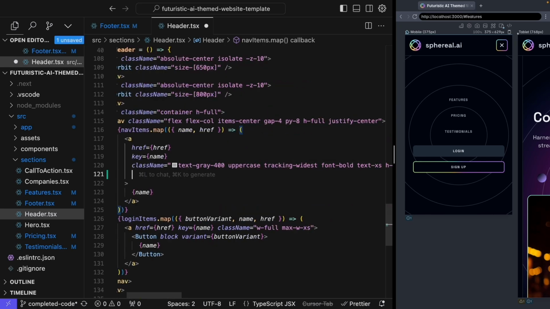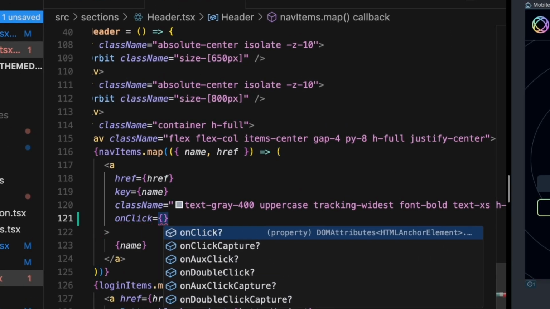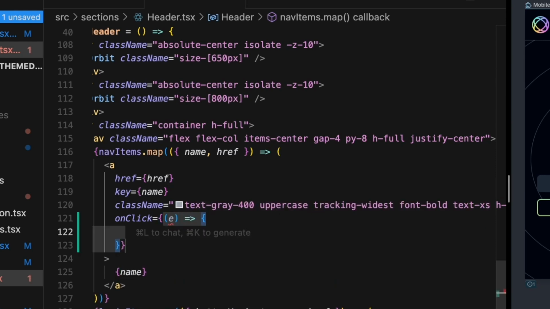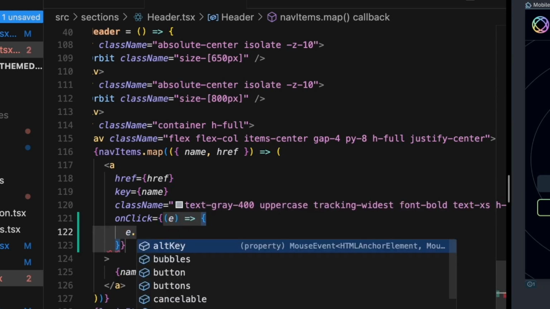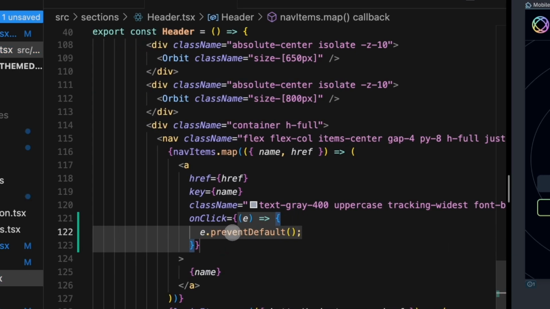And then we can move on and also address the desktop nav items. Let's go ahead and add an on-click handler to our A tag. That's going to take in an event, and then we're going to run a function. The first thing we're going to do is prevent the default action. So we're going to say e.preventDefault. That should ensure that if we click that, it's not going to go directly to that section in a jarring